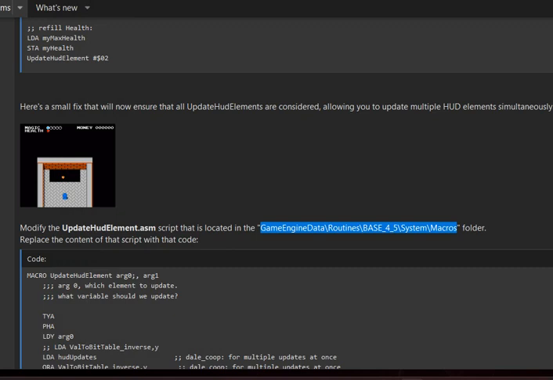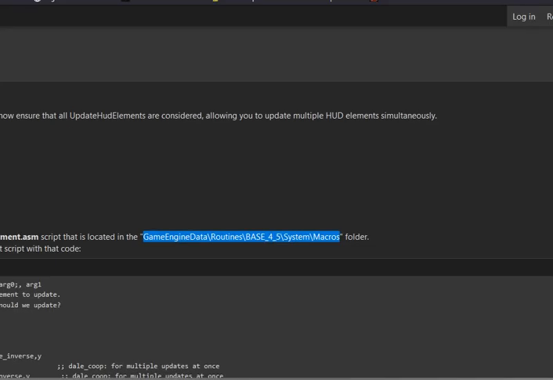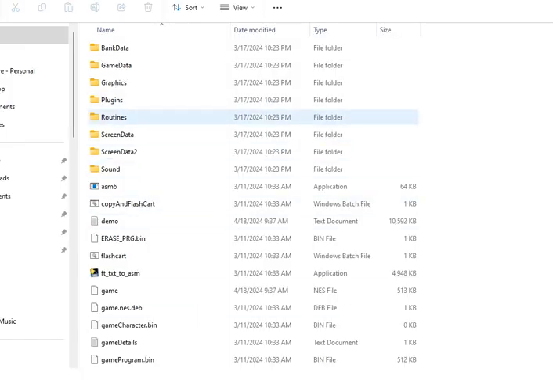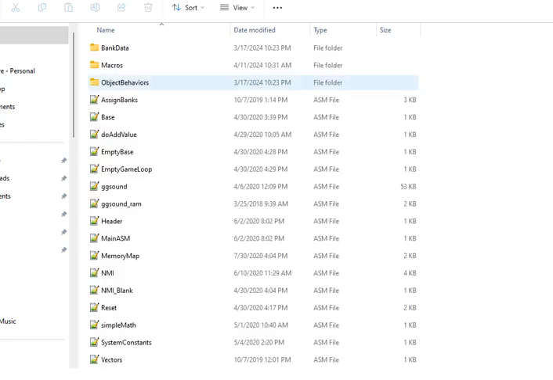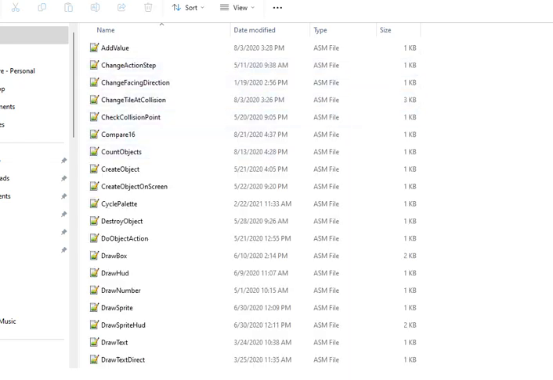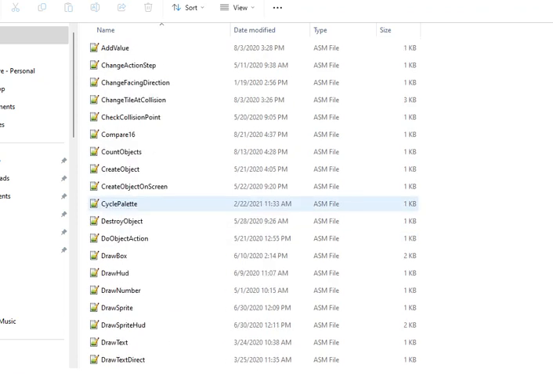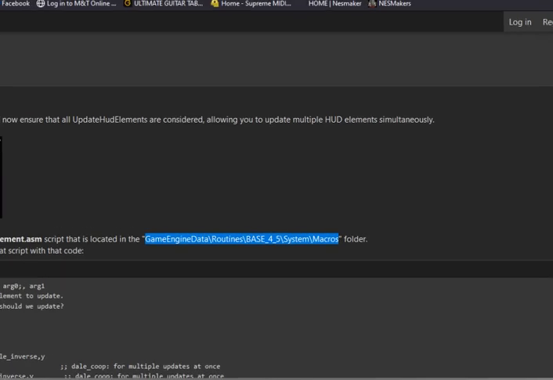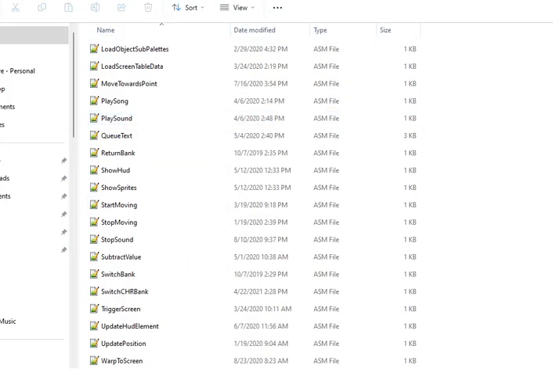So what we're going to have to do is open the folder, game engine data, routines, base 4.5 system macros. Right here is the one you're going to want to change.